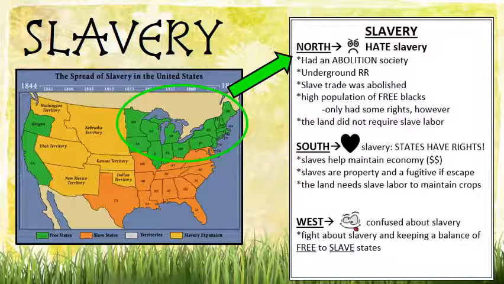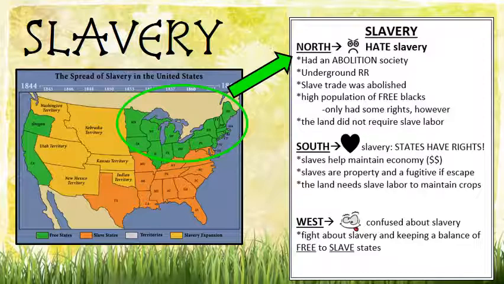They have the Underground Railroad, and remember, these are not real railroads that run underground. Maybe there were tunnels, but it's mostly trails that people like Harriet Tubman and Frederick Douglass used to help slaves in the South escape to the North, and more specifically to Canada, because at this point in history, Canada is controlled by Britain, and Britain has already outlawed slavery, so they could get there and be guaranteed to be free.